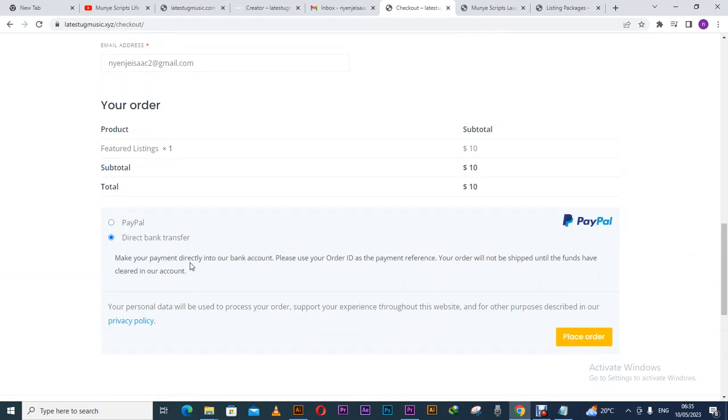So make your payment directly into our bank. Please use your order ID as the payment reference. Your order will not be shipped until the funds have cleared in our account. So place order. So it is rather better to always use the debit card, because remember, I will see if